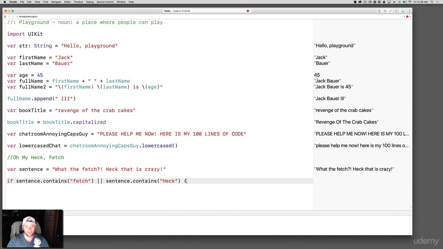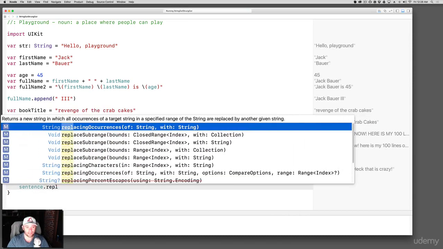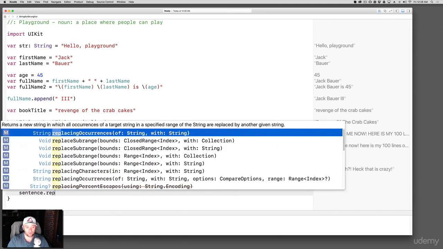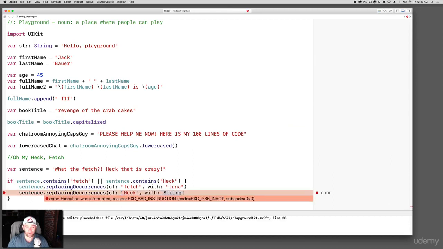All right, so if the sentence contains fetch or heck, then what can we do? Well, we can say sentence.replacingOccurrences of fetch with tuna. And sentence.replacingOccurrences of heck with